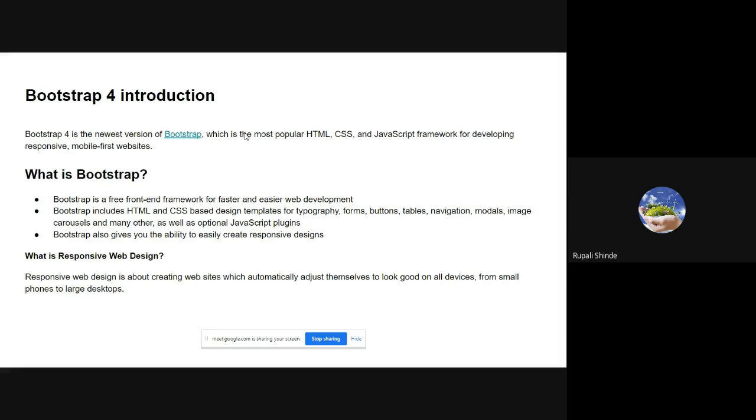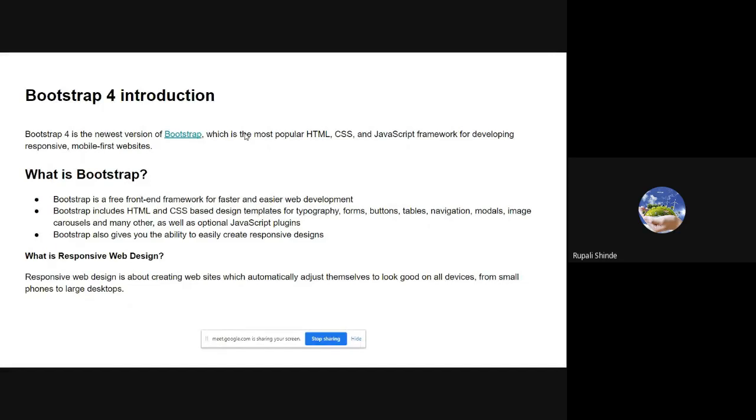You just have to use it in your web application. It is a combination of HTML and CSS, plus JavaScript. It has JavaScript plugins and it has templates. By using those templates, we can develop our web application.